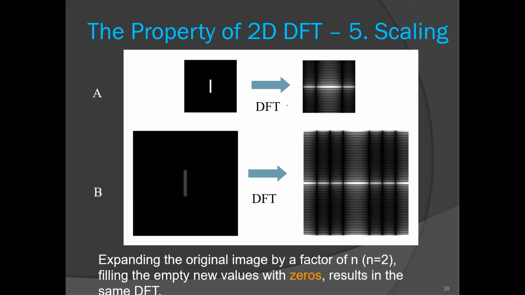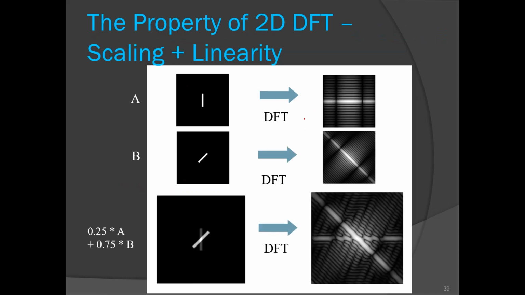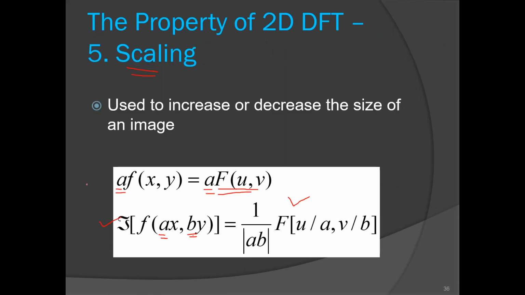So this is one example. This is the original image, and this is the scaled version of that image. We have just increased the size of that image, and the vacant places are filled with zeros. So empty places in the new image are filled with zeros. This is the corresponding DFT. As you can see, the DFT remains constant, only it is a scaled up version of the original DFT. So that is regarding scaling. For every property you have to just remember its corresponding equations.